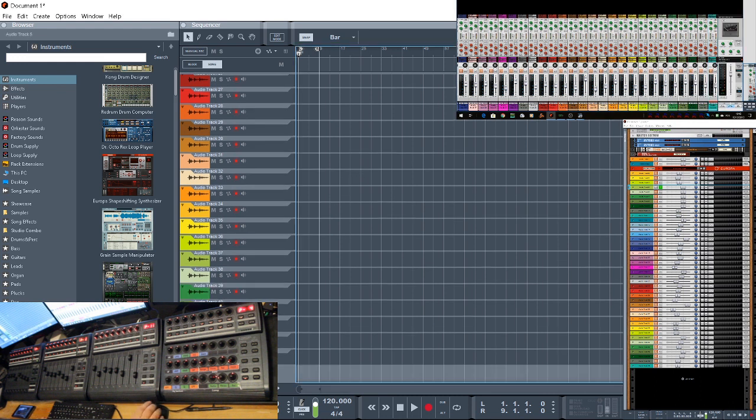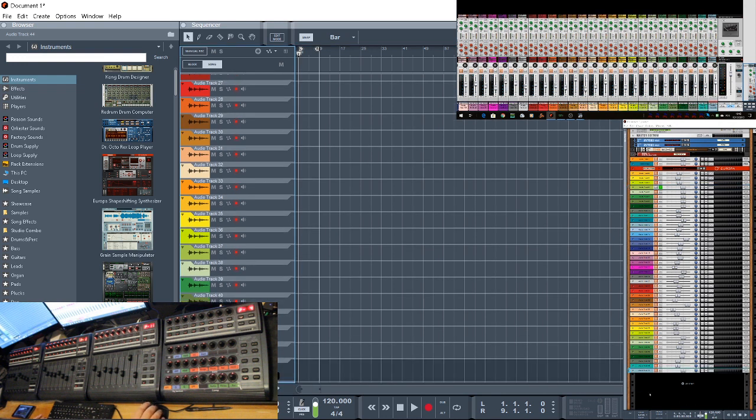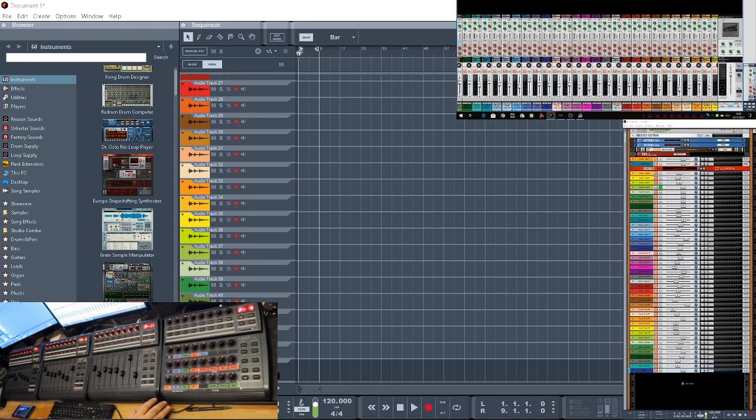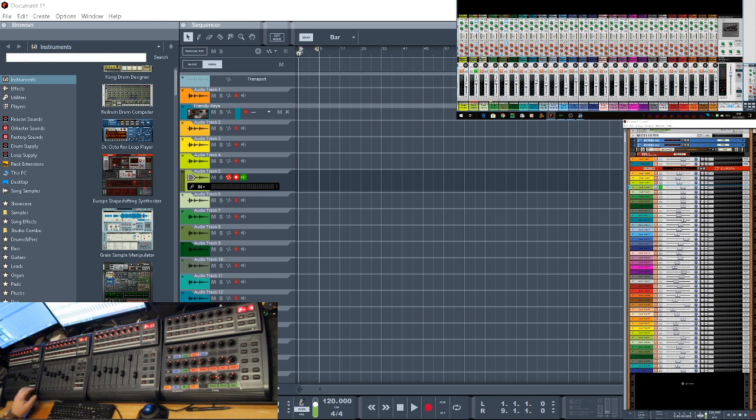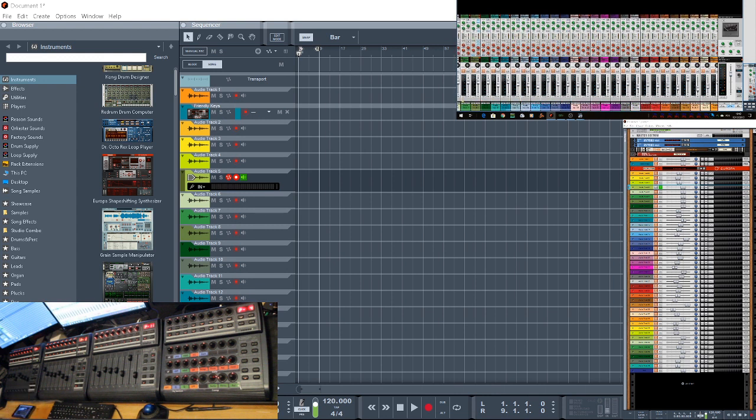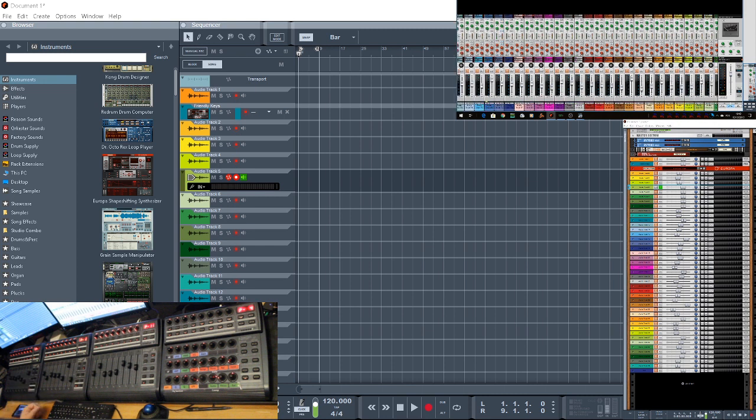So if I go here to the sequencer, I create a new audio track, and I use this control track. I call it control, and now I'm coloring this track dark blue, and that issue about going back and forth with the channel doesn't happen anymore. So now we found the position, I'm going forward the position,